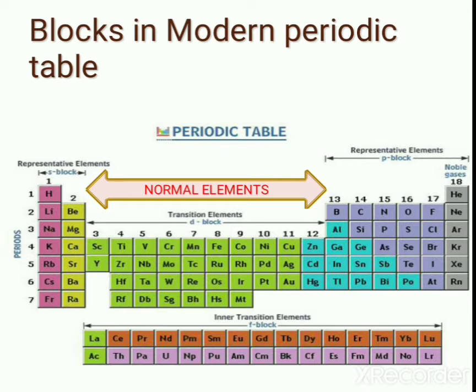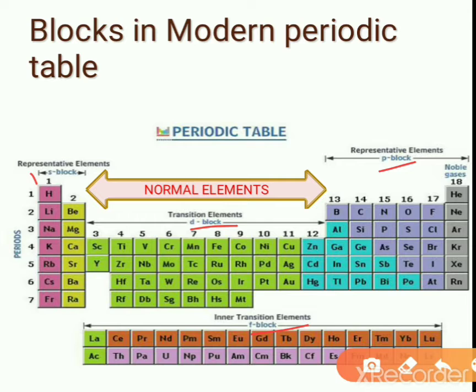According to this modern periodic table, there are 4 blocks. These 4 blocks are S block, P block, D block and F block. S block represents the elements from the first and second group.